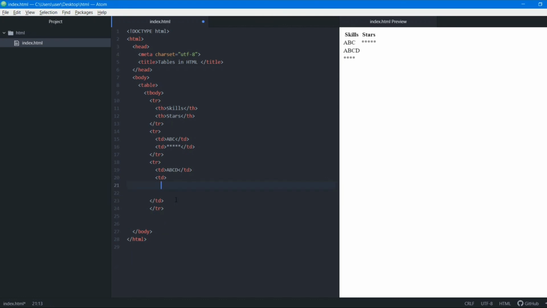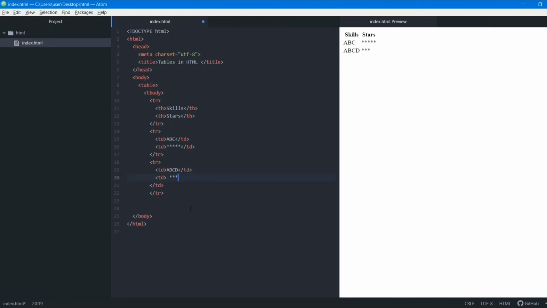Now what if inside the td I add one more td tag, and inside this I add a star, what will happen? You can see that this part leaves this section and moves to the next column, a table cell. A new table cell is created, and the existing table cell is left. If I add a star here, this star will also be filled, and then a new star is created, a new table column is created. This is nested tables. Okay, I'll remove this also and add stars here.